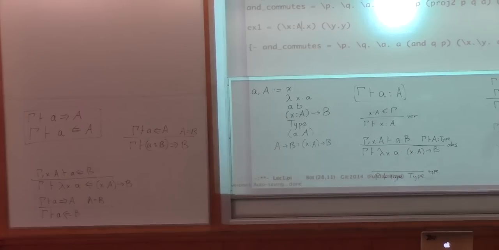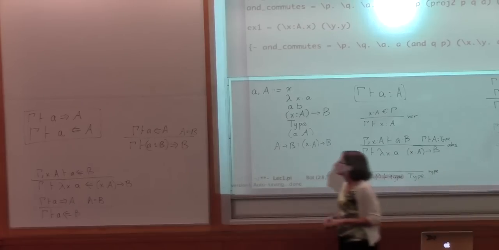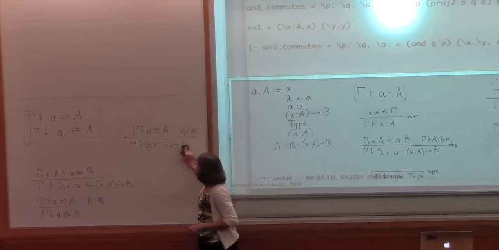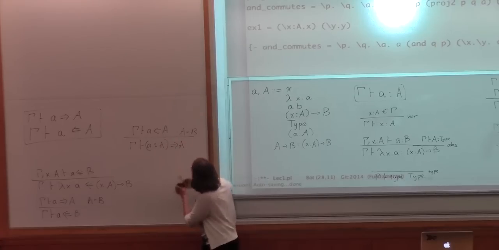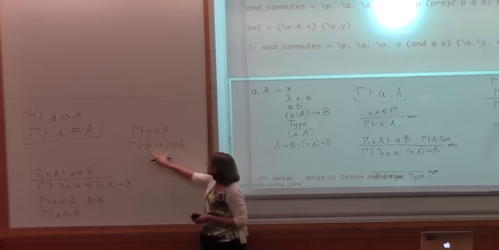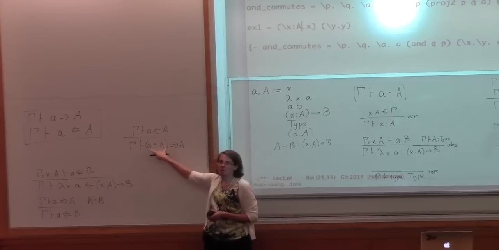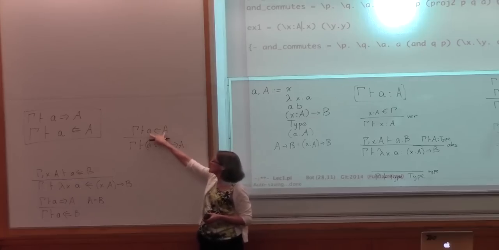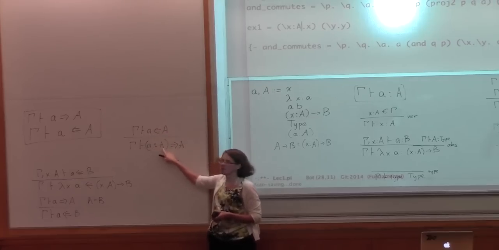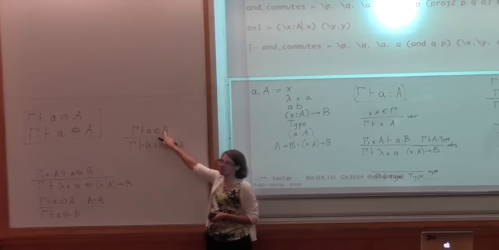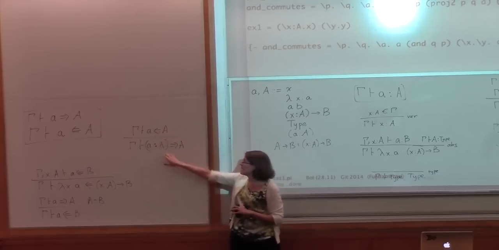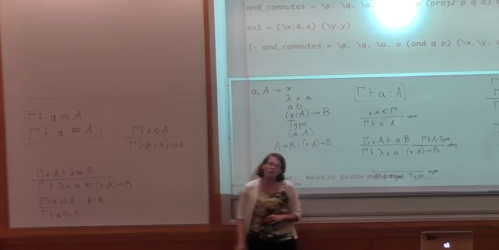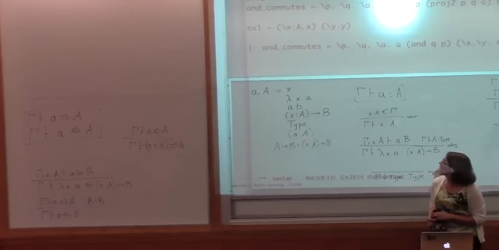But if you have an annotation, that allows you to have the bridge from one mode to the other mode, from inference mode to checking mode, right? I wrote down, we're in inference mode, but we can't infer this type. We can only do it in checking mode, but I wrote down what type you need to use when you're in checking mode, and that's the type you're going to infer for it, right? So we could add an annotation form, or the final thing we could do is not care,